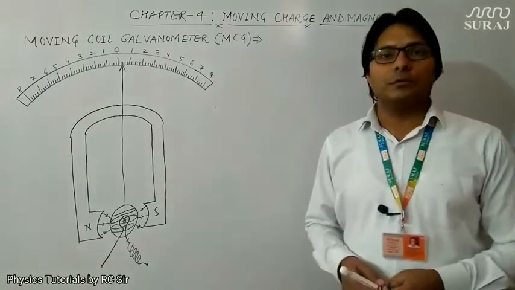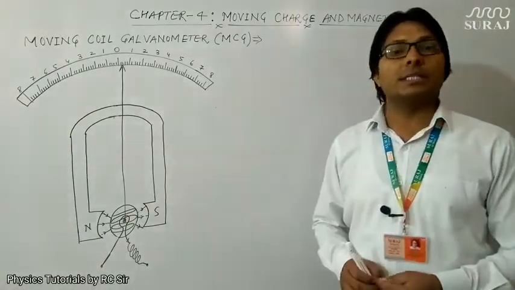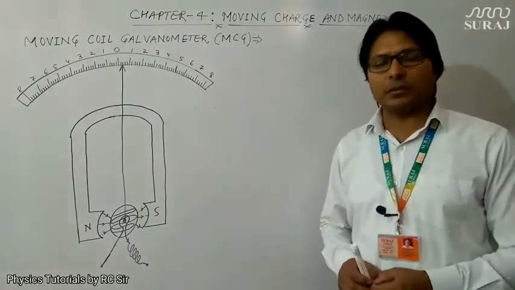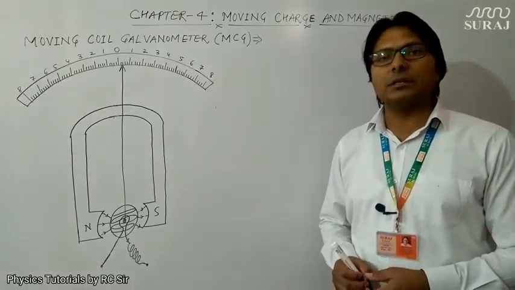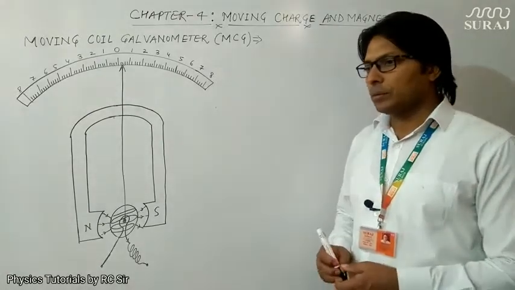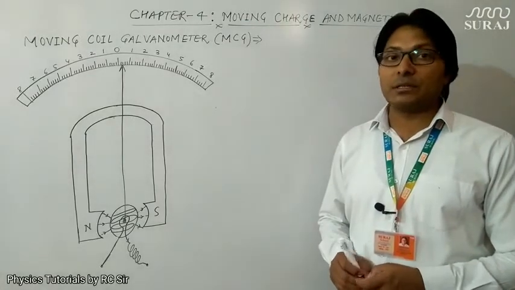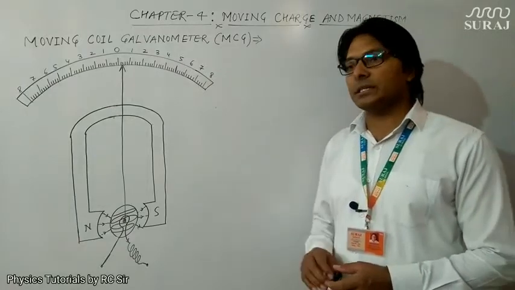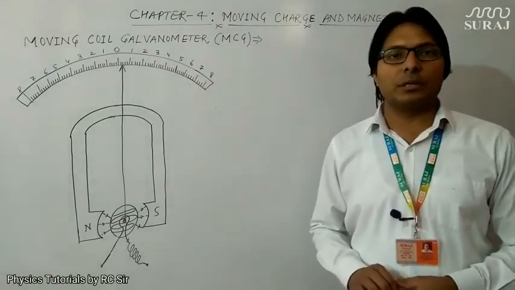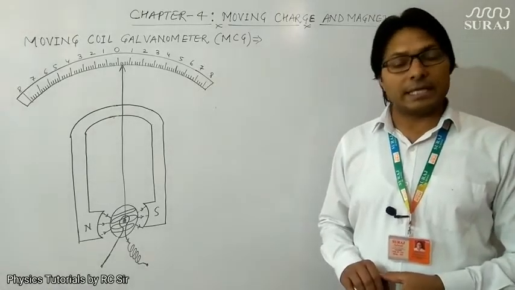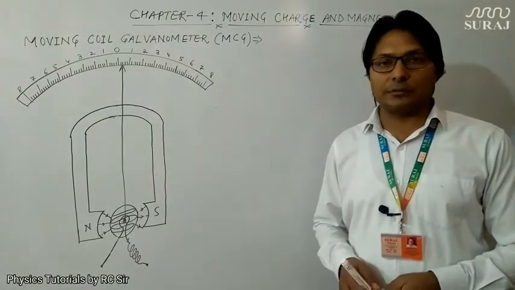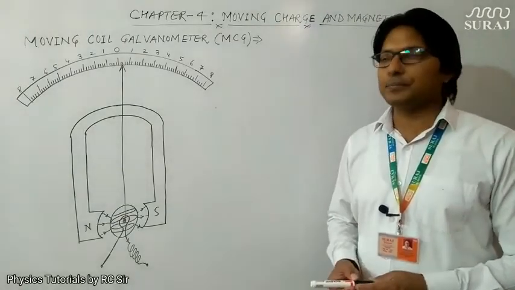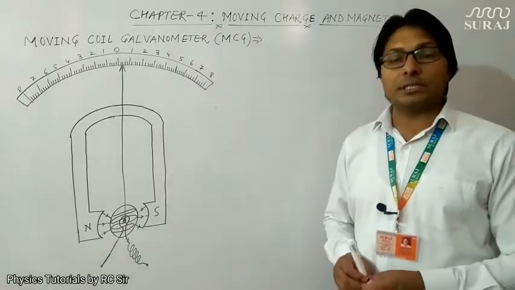First we will define what a galvanometer is. A galvanometer can be defined as a measuring instrument with the help of which we can measure direct current. This means we can't measure AC current with the help of a galvanometer. To measure AC current, we use some special types of galvanometer, such as the hot wire galvanometer, which are based on the principle of the heating effect of current. You will study this in your higher classes.